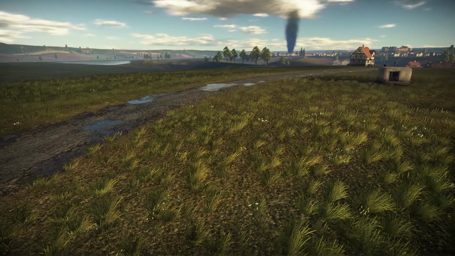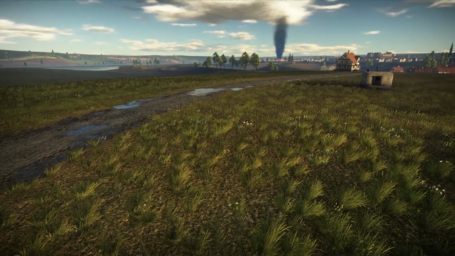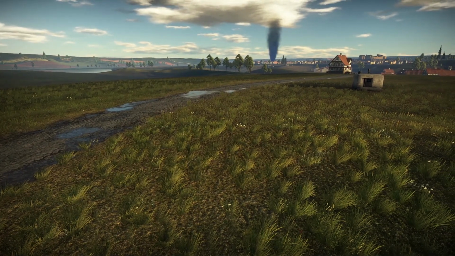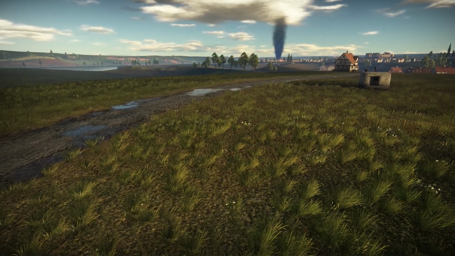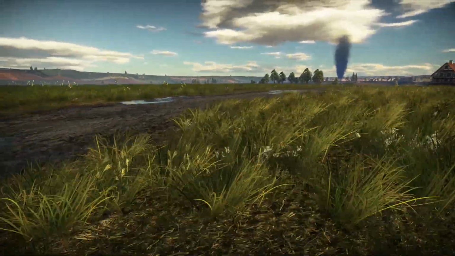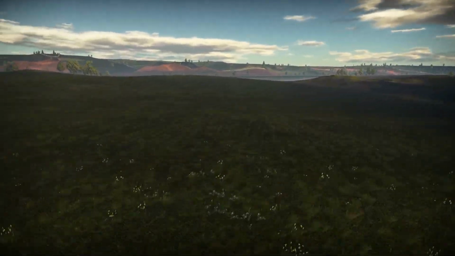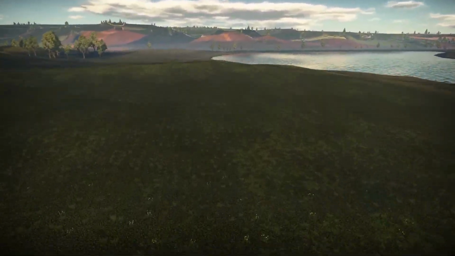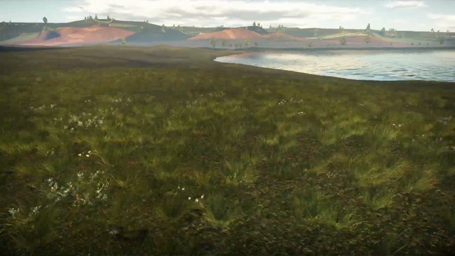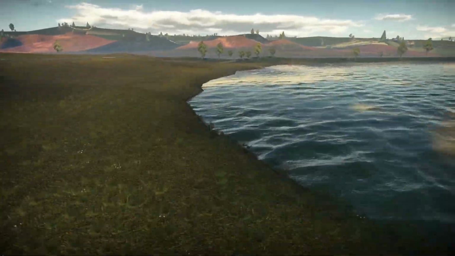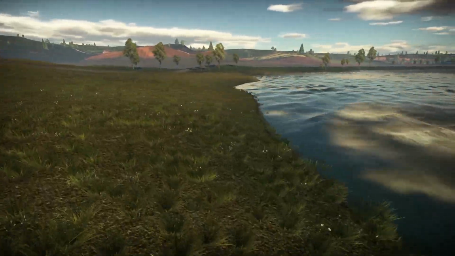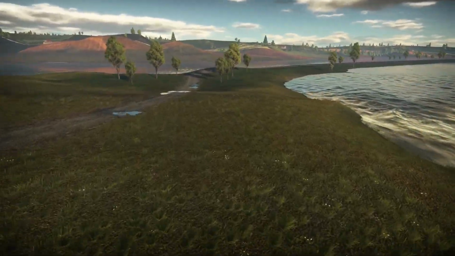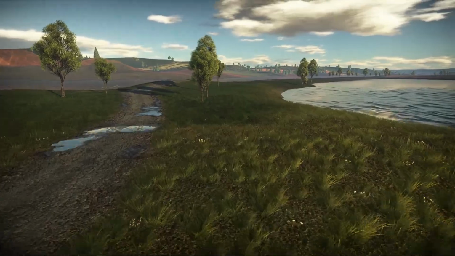All right, like how I said about that land bridge that goes across the lake, how you get to it is you travel this path. God bless this camera, it's so freaking wonky. Up. There we go. Up.